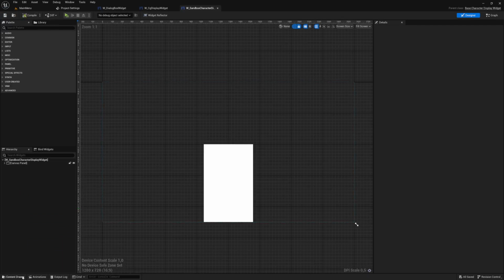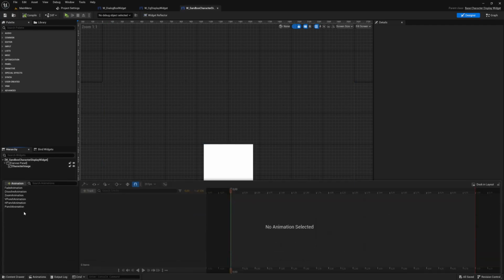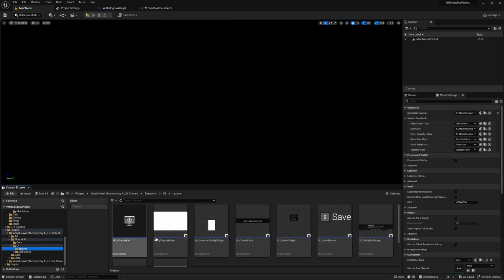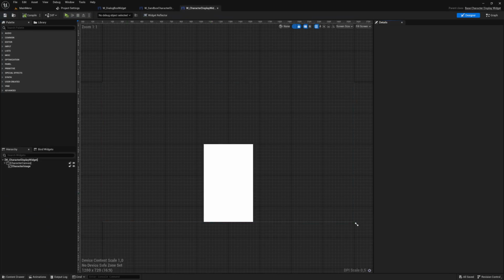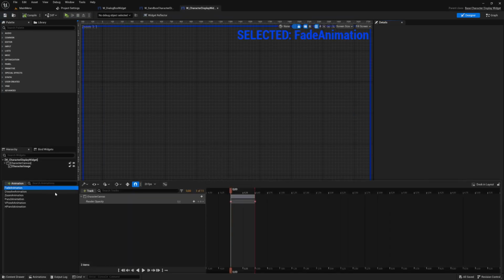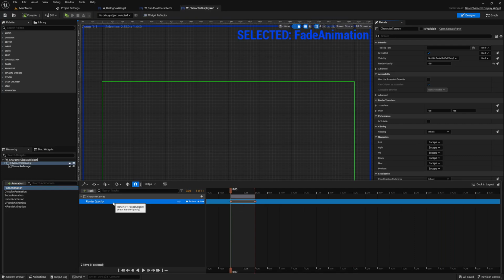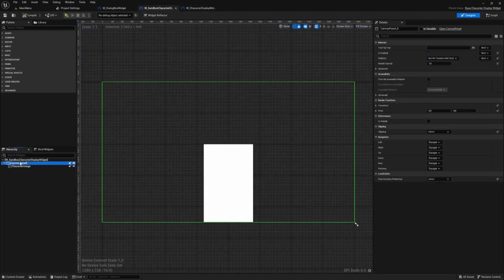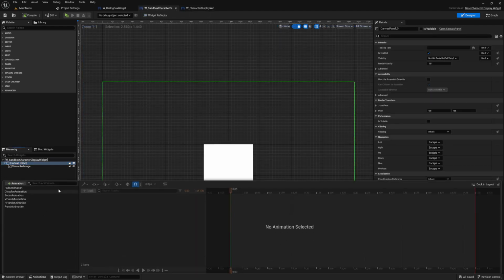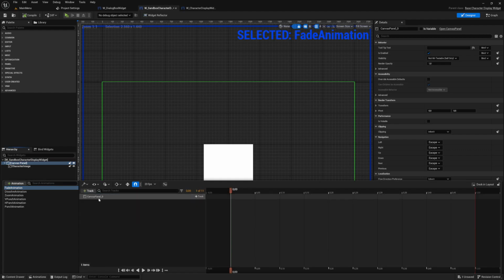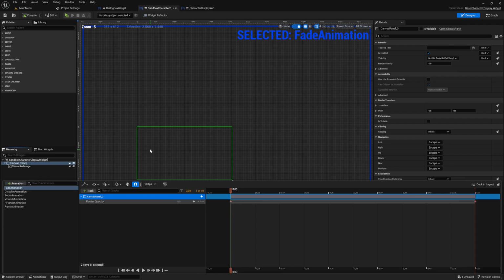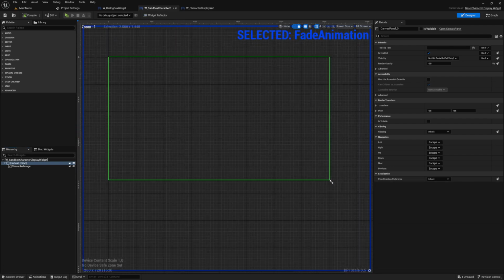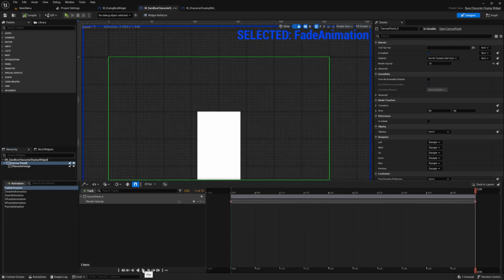Let's compile and save. And same procedure as before. Let's implement all of the animations. We again navigate to the plugins folder in game, character display widget, and animations, and we copy over everything that we need. So copy the render opacity of the character canvas, which is the canvas panel over here. We track it, and we save. And for confirmation again, we can now play the fade animation, and we see it has faded